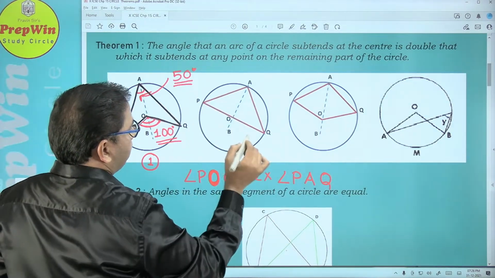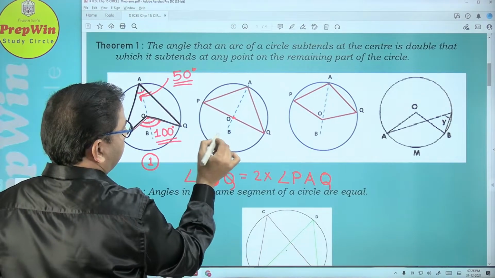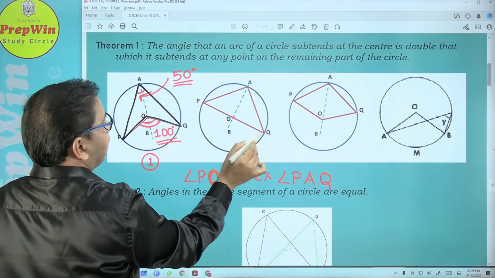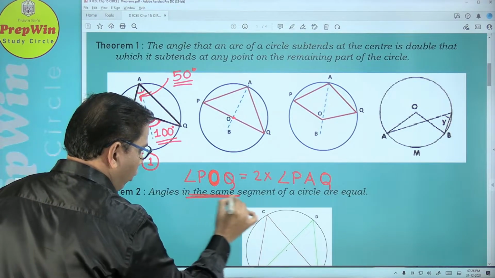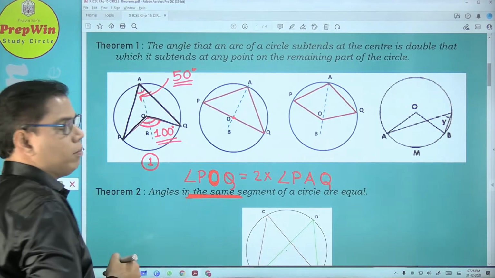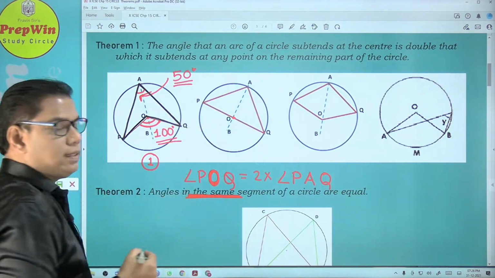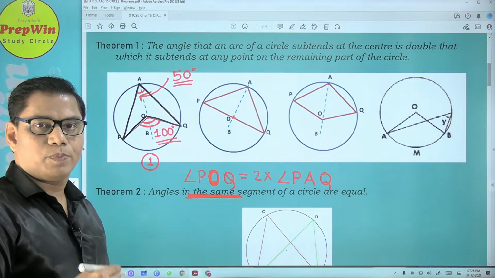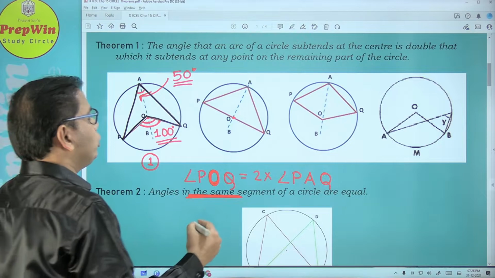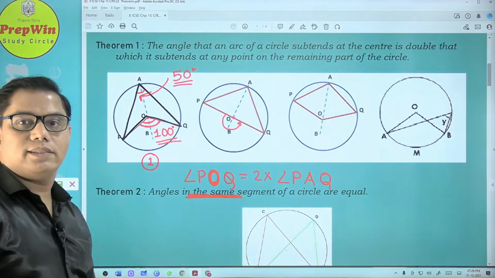Now can you tell me, okay, here O is a center. Again the diagram is the same, O is a center. Okay, and what is PQ now? Now what is PQ? POQ. What can you say about this? It is a diameter. Definitely it is a diameter. Diameter means straight line. Diameter means straight line. Do you know, straight line का measurement if you try to find out, what is the angle?